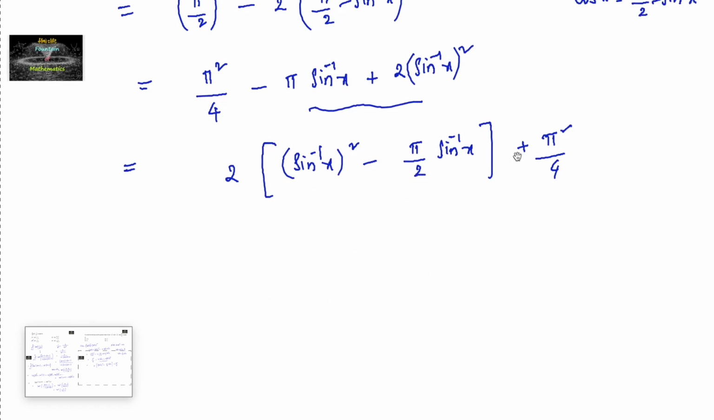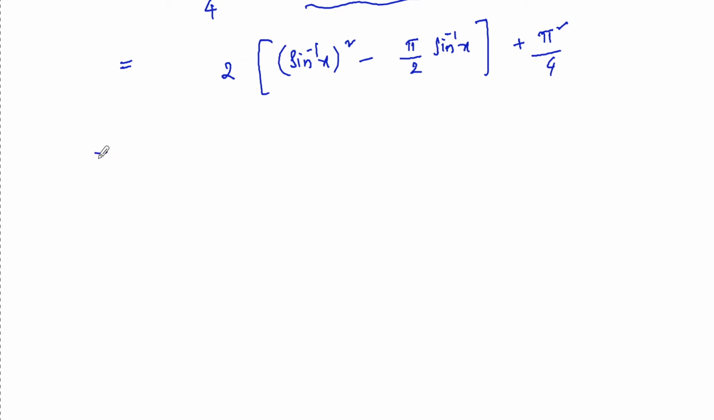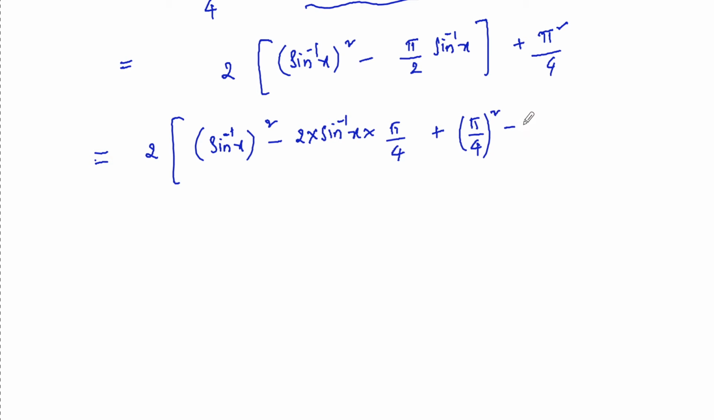which is equal to 2 times of, I want to use the a minus b whole square formula, so I can write this as sin inverse x whole square minus 2 into sin inverse x into pi by 4. So adding pi by 4 whole square and subtracting pi by 4 whole square, that is pi square by 16, plus pi square by 4. So we'll be getting 2 times of sin inverse x minus pi by 4 whole square